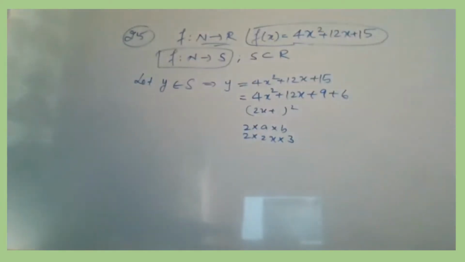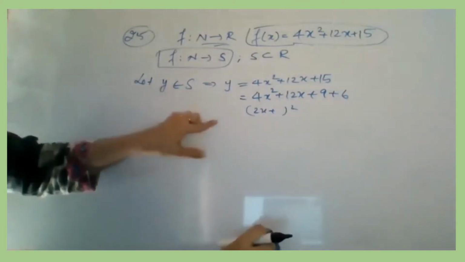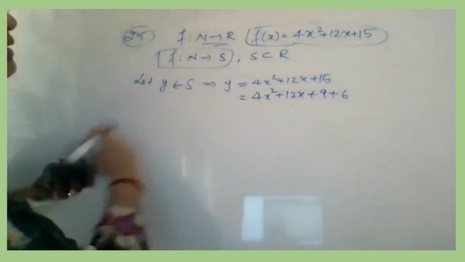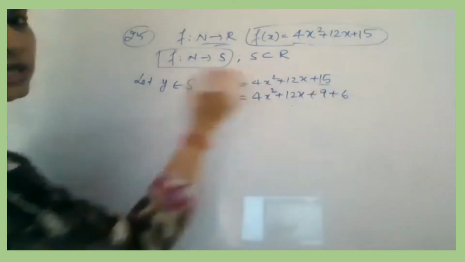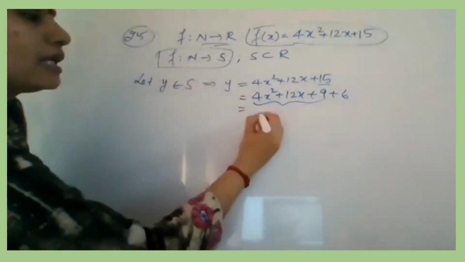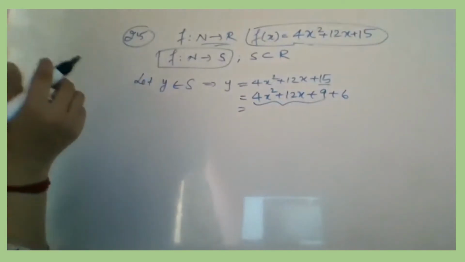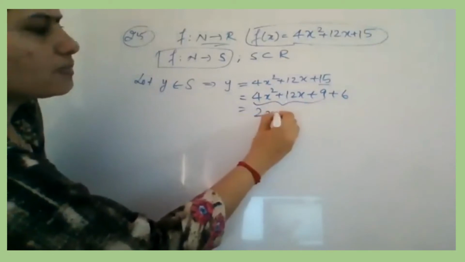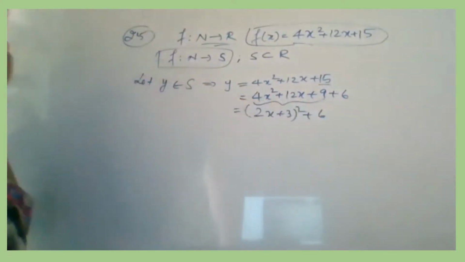Okay? Why have we split it like this? You understood? I have to write it as a whole square, then only can I make it x equal to. So I have just split 15 as a sum of two numbers, 9 and 6. Now the first 3 terms I am taking together, and making them 2x the whole square plus 2 into a into b plus b square form. So a square plus 2ab plus b square form, which is 2x plus 3 the whole square plus 6. Is that clear? This step is very important.